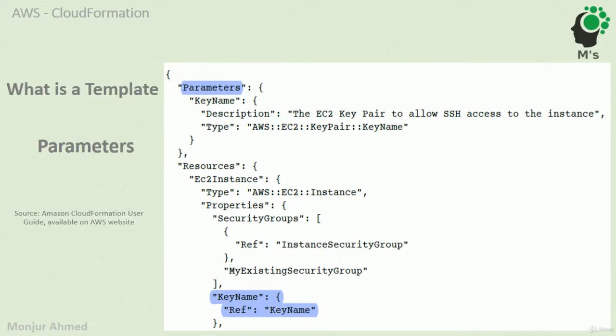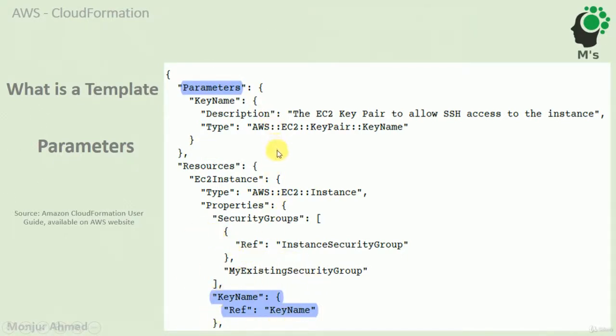In that case, what you do, you declare parameters. Parameters, in a non-technical way, are where we define the things that we want to take input from the users. So instead of hard coding the key, by defining parameters like this, what we are achieving here